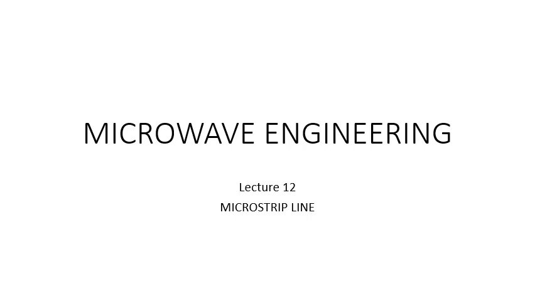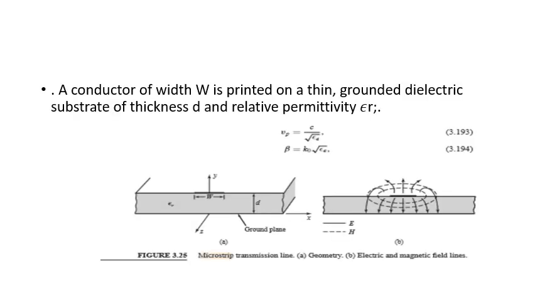And how does it look? I've put one diagram for you all. In the diagram you can see a strip of width W on the top of the surface. Since this is happening like that, we do not call it just epsilon r; we call it effective epsilon r, the effective dielectric constant, because the outside medium is air and inside there is a dielectric medium.